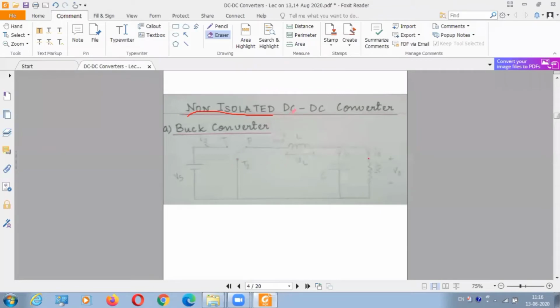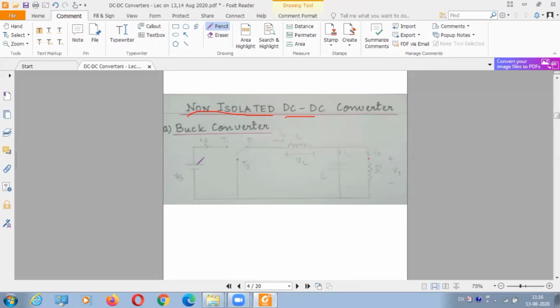As it is a DC to DC converter, my source will be DC. I have a VS which is DC, and at my load V0 will be DC also. Now I have assumed some direction of current. Like in the first class somebody was asking, is the current direction assumed? Yes, it should be assumed, because it is DC current. I0 has always to flow in this direction. If I0 flows in the opposite direction, current will be negative, so you will get AC current, once positive, once negative. So always a standard current direction should be taken.